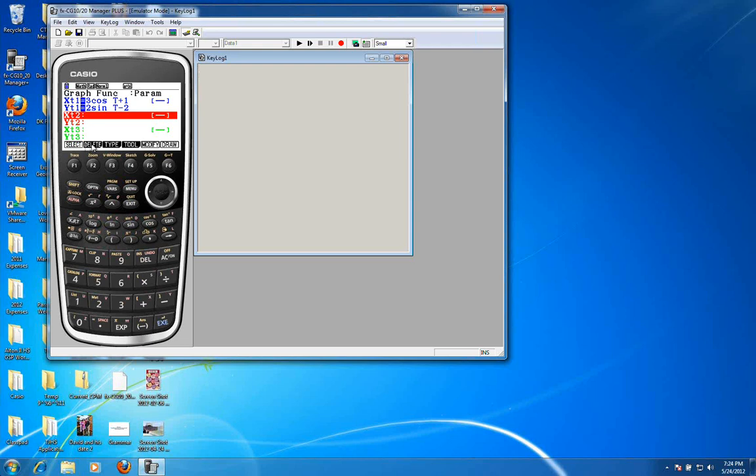Now to work with a hyperbola, you need the difference of two squares, because you've basically got x squared over a squared minus y squared over b squared equals 1. Well, the Pythagorean identity associated with that is 1 plus tangent squared equals secant squared, or secant squared minus tangent squared equals 1. But you won't find a secant squared key on most calculators, including this one, but you will see that secant is 1 over cosine. So in order to plot the hyperbola, you need something like this.